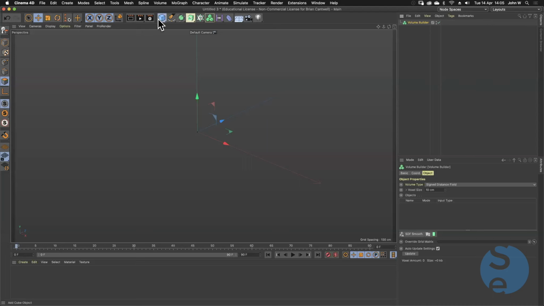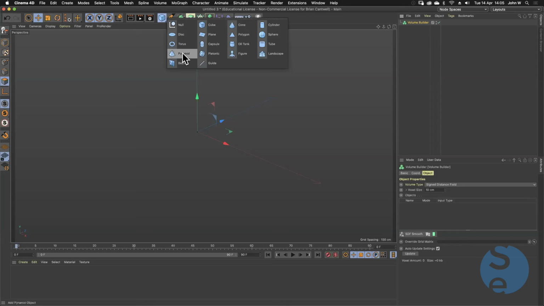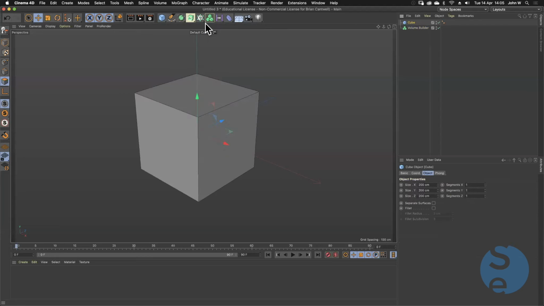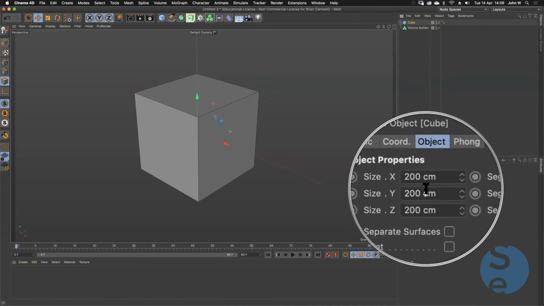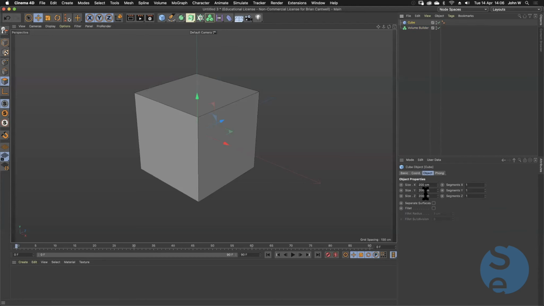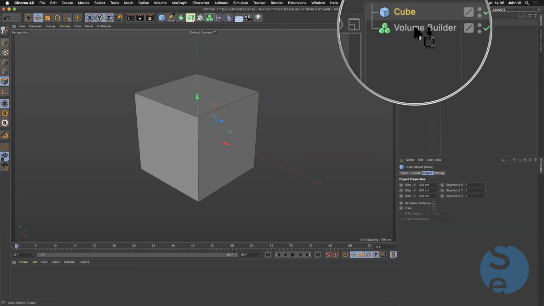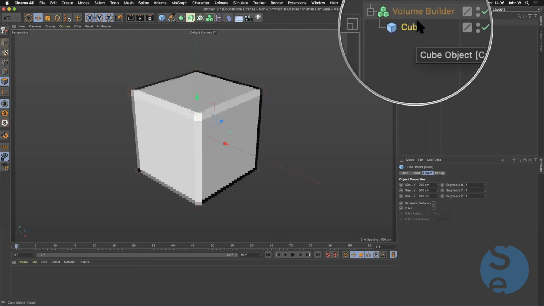We need to put some parametric objects inside of it. These are our list of very basic parametric or primitive objects that we can take from Cinema 4D. I'm going to take a cube. And as we've seen, that's our 6-sided cube. The attributes that make up the cube are shown down here. I'm going to leave it as the default, 200 by 200 by 200. And there's our cube. Now I'm going to take this cube and put it into the volume builder. If I click on it and drag it down so it becomes a child of the volume builder,